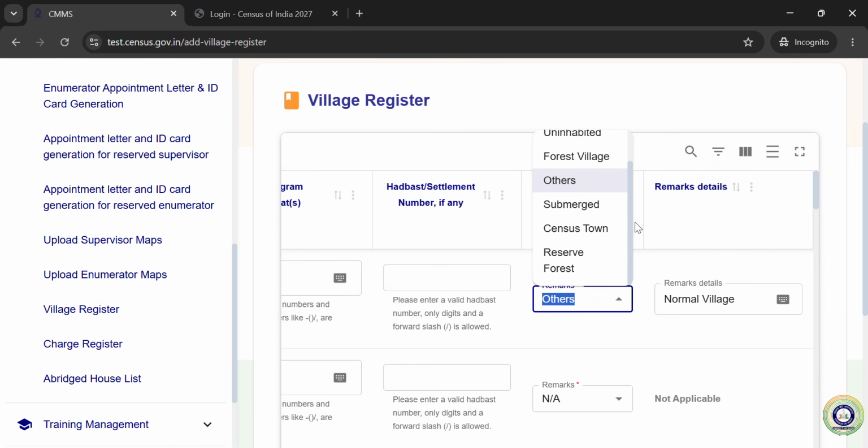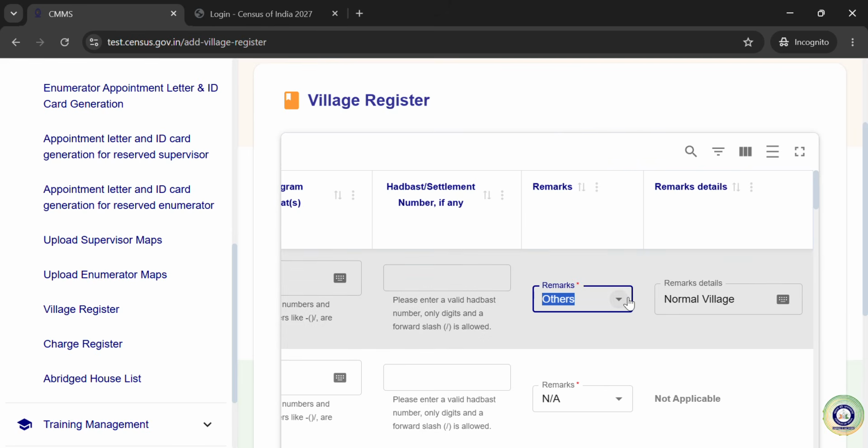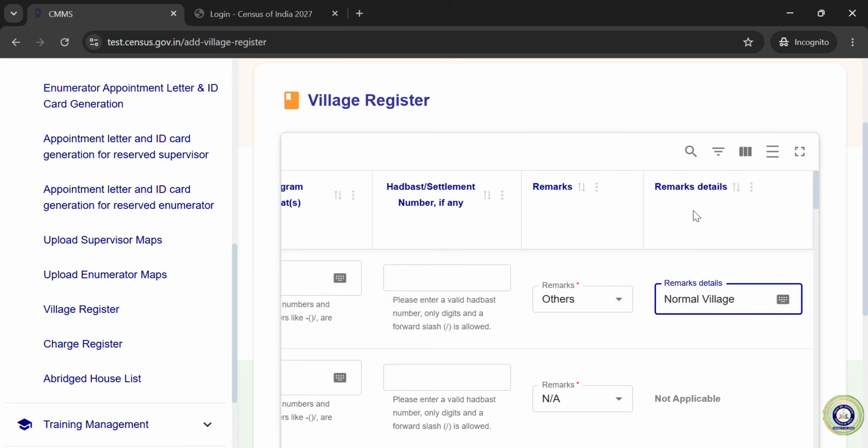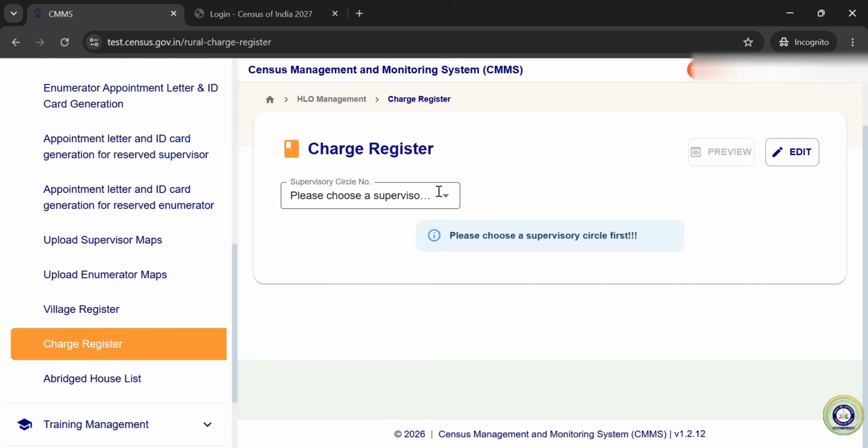For village, these are the remarks in the drop down list that are visible: uninhabited, forest village, other, submerged, census town, and reserved forest. So we can choose any one, but if we choose others, then this remarks details field will be enabled, right? So this is the village register, and after that charge register.